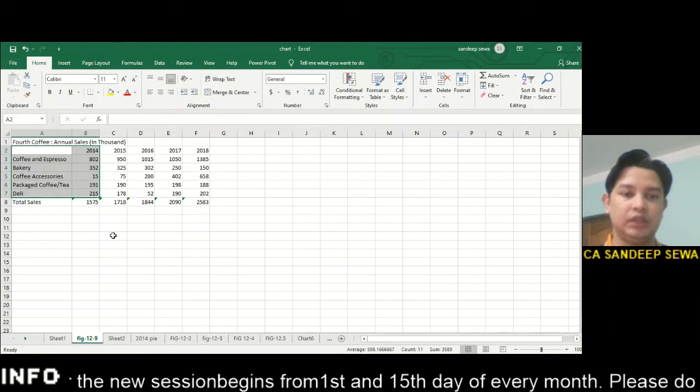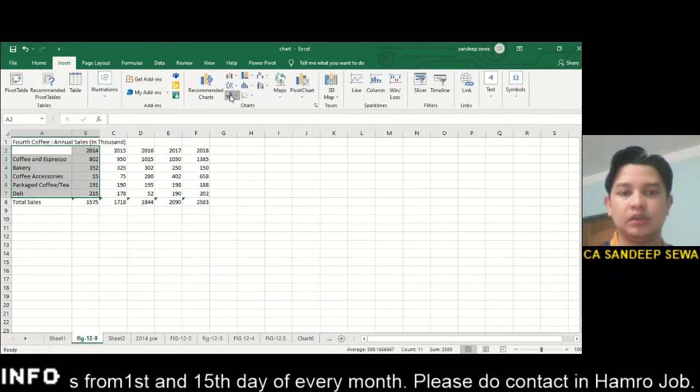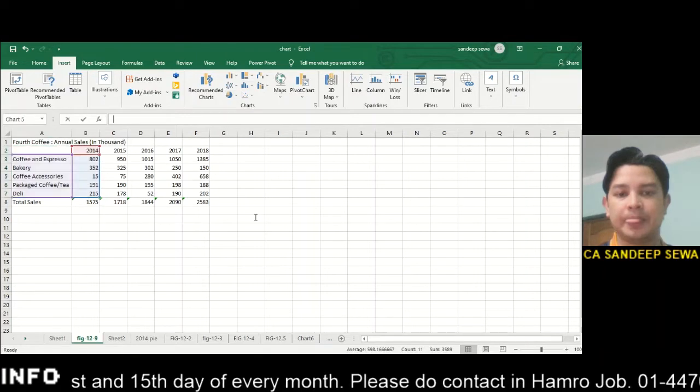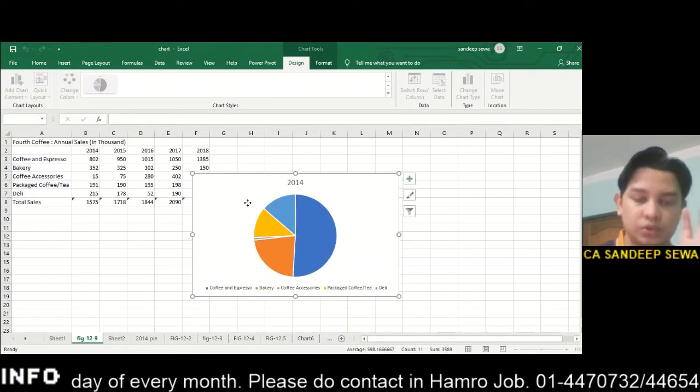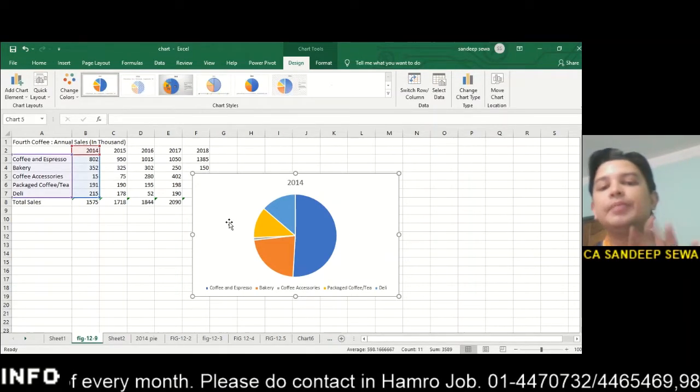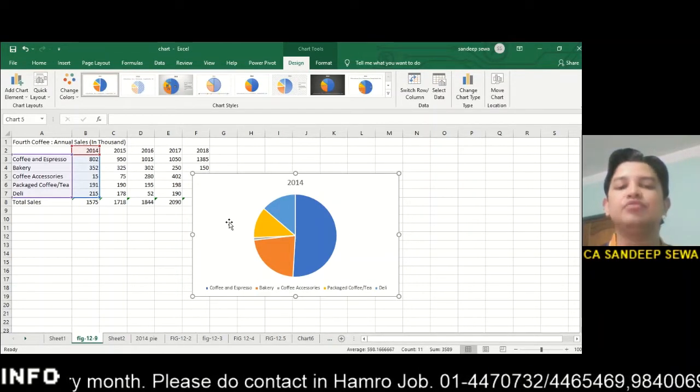So I'm going to Insert and the chart function. Now selecting this. So now you can interpret it. Okay, so this is the right way of selection.